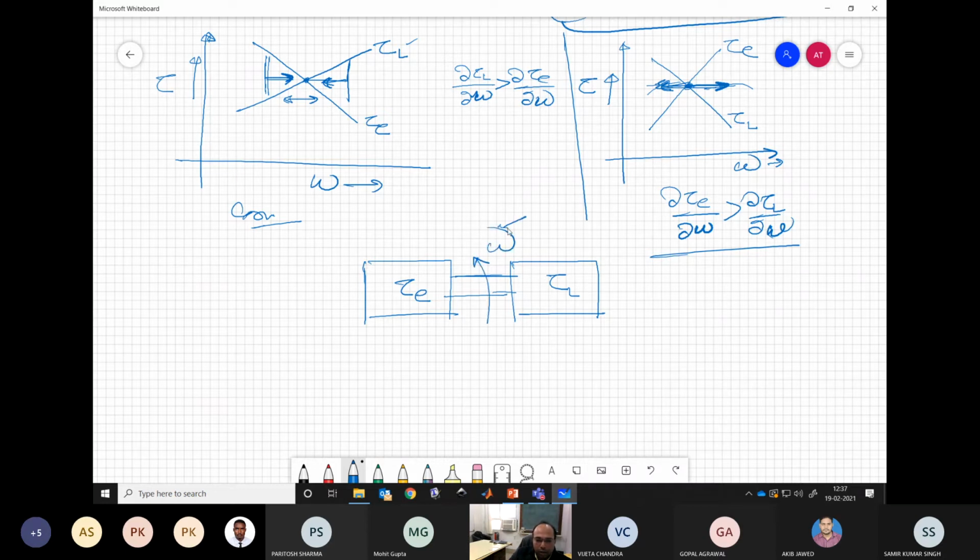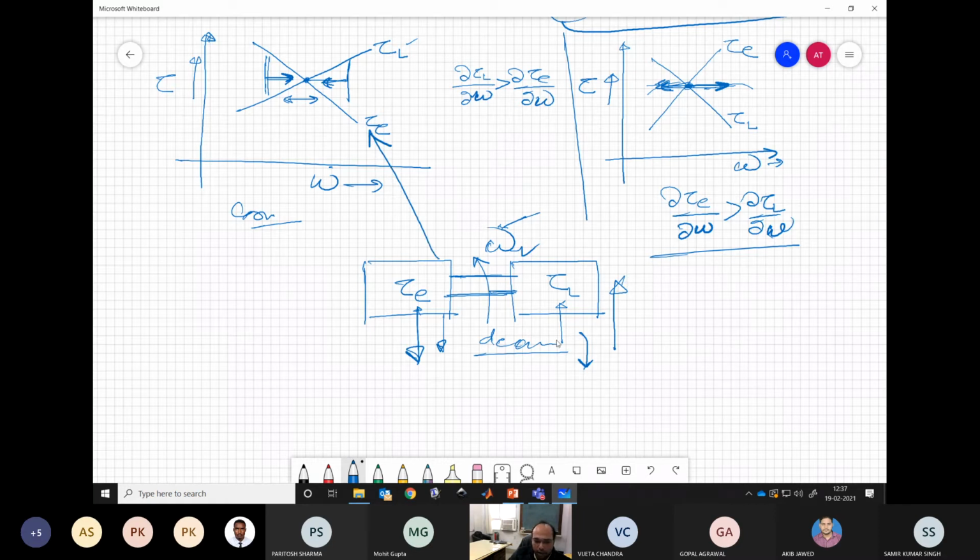Let us say you increase omega, and with the increase in omega, the input torque gets reduced and your load torque gets increased, which means what? There is a tendency of deceleration or retardation in the system because your tau L is becoming more and tau E is reducing. So with increase in omega, there is deceleration, which means your omega is going to come down. So you have increased omega and it is coming down on its own, which is the indication of a stable